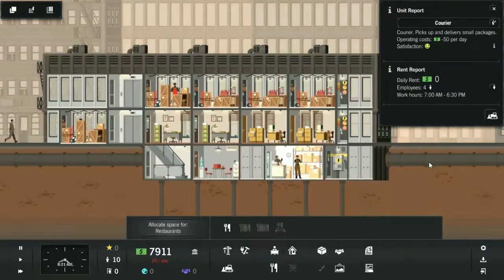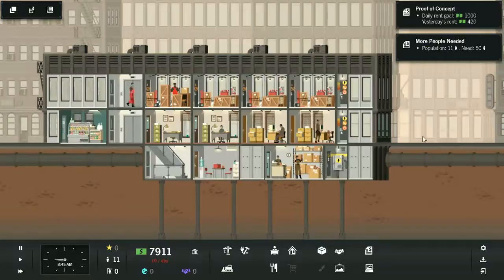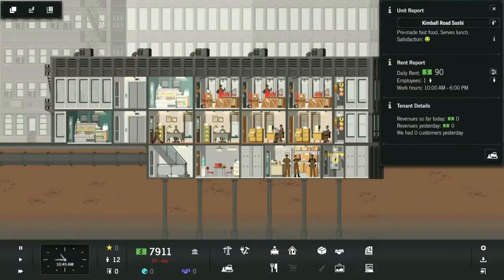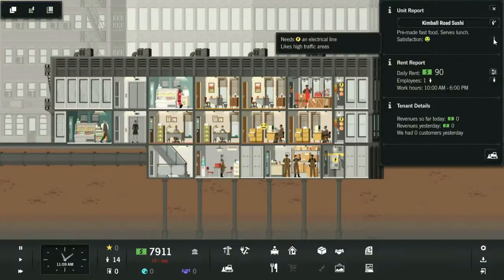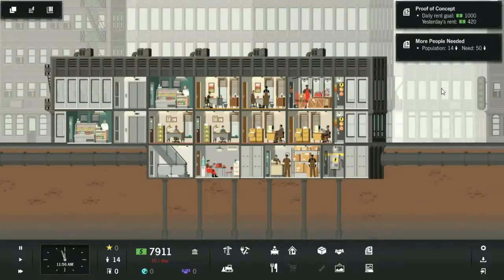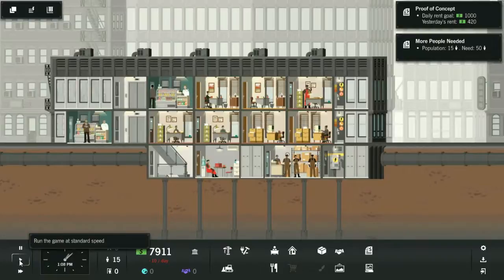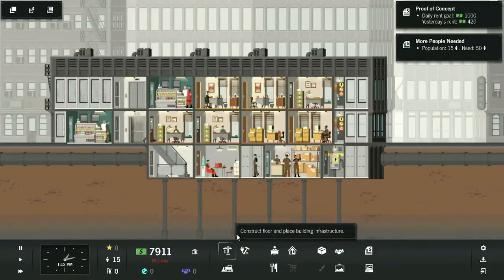Courier services are good. And we've got 12 people now out of 50. And our rent totals almost to where we need it to be, which is awesome sauce. I don't believe that they need anything. They just need an electrical line. Awesome. So he's finishing up that last office there, and I'll actually run it down to normal time